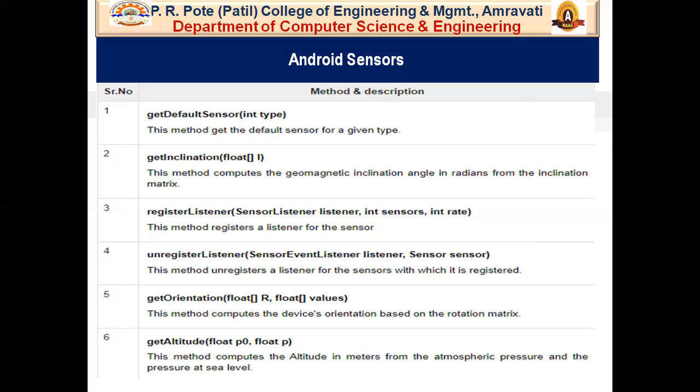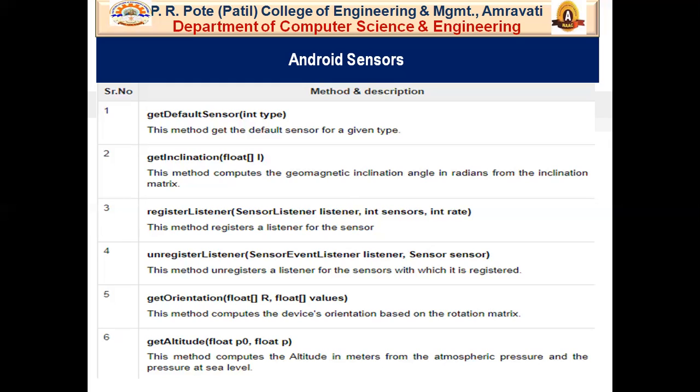The getInclination method computes the geomagnetic inclination angle in radians from the inclination matrix. Then registerListener. There are two parameters for registerListener: the sensor listener, and int sensors and int rate.